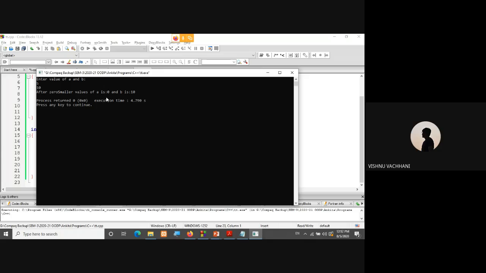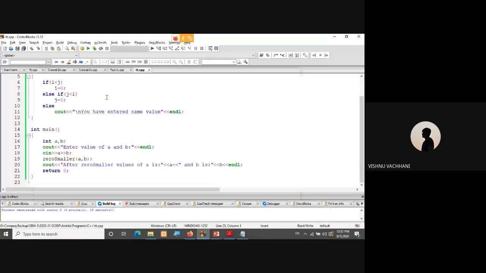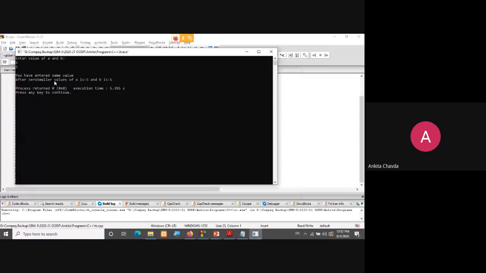No, ma'am. If you give both values the same, like 5 and 5, it will tell me that you have entered the same value, and after the function execution we will get our original values of a and b, that is 5 and 5, because no value has been altered or manipulated, right? So it will show me my original values of a and b. That's it.